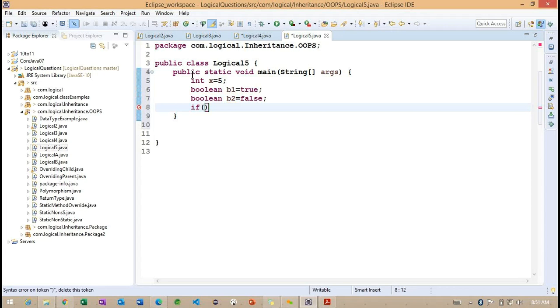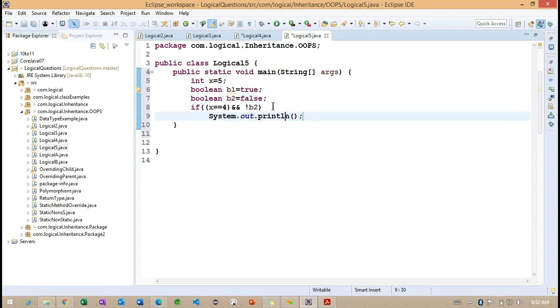So you need to understand here x equals 4 and not b2. If we are trying to work on this particular example, what happens internally?